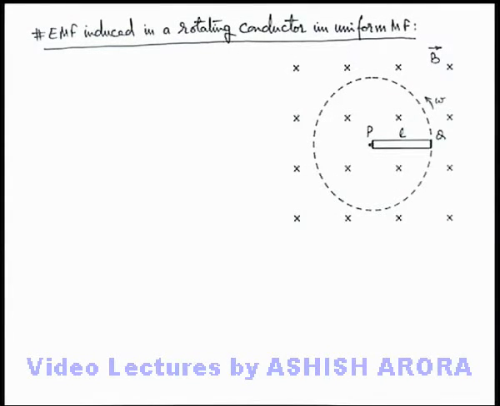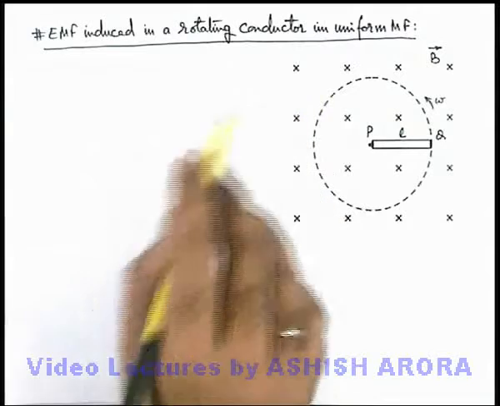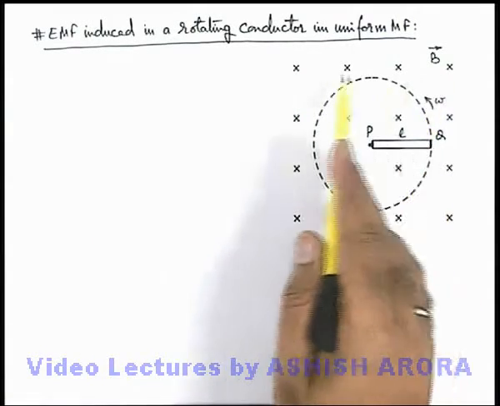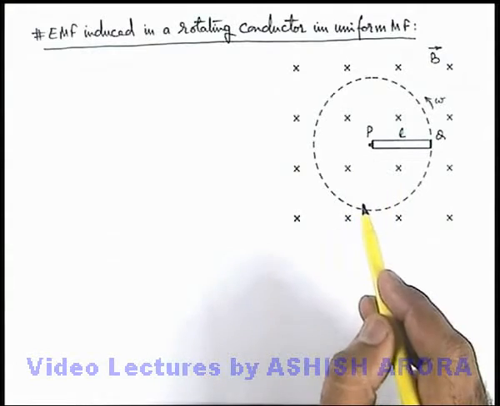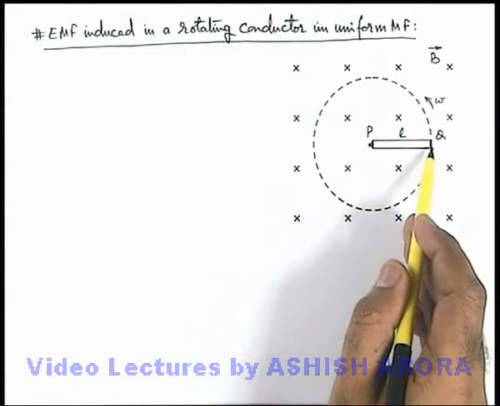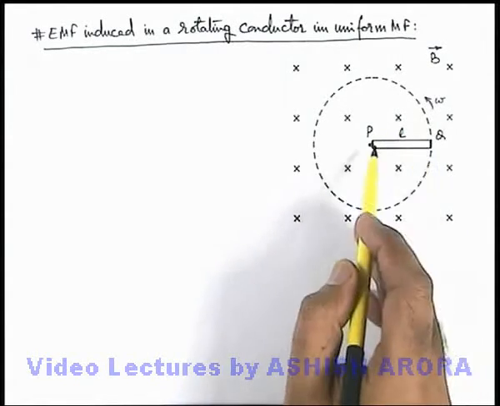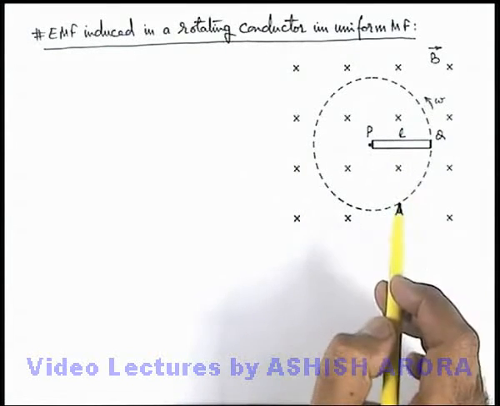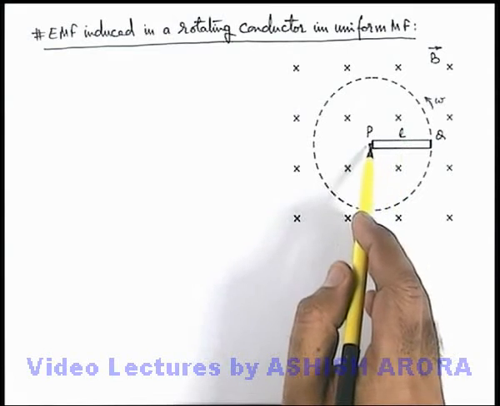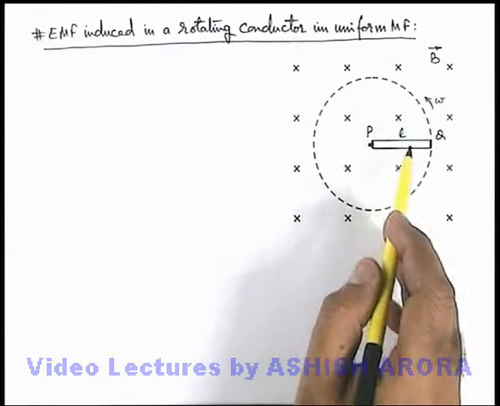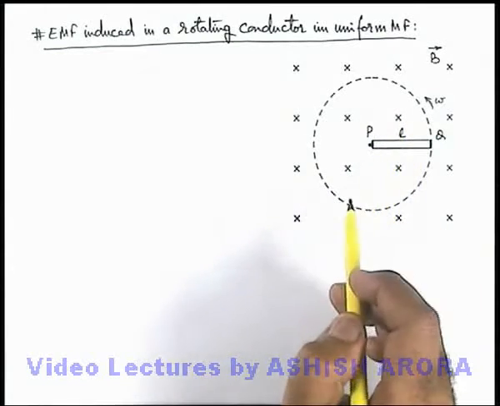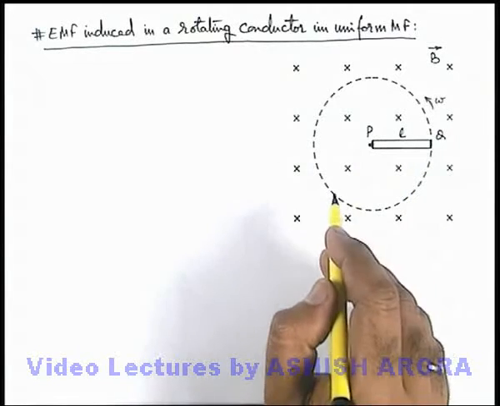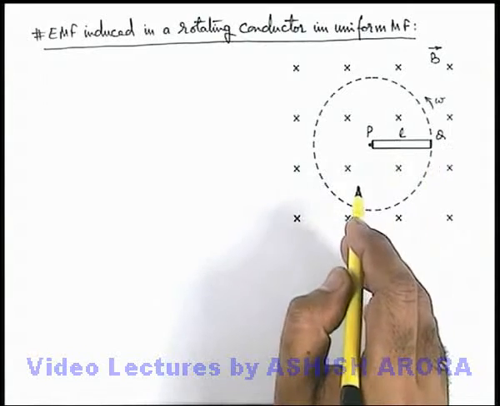Let us study about EMF induced in a rotating conductor in a uniform magnetic field. Here you can see a uniform magnetic field exists in the inward direction, and a straight rod PQ is rotating about its point P as the axis of rotation with an angular speed omega. This conductor is cutting magnetic flux in the magnetic field, so there must be an EMF induced in it. Let's calculate the EMF by two methods, one by motional EMF and the other by Faraday's